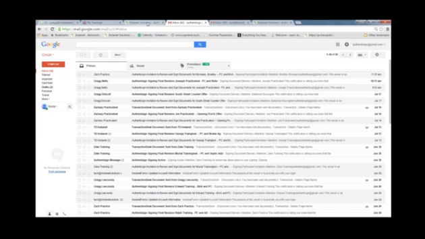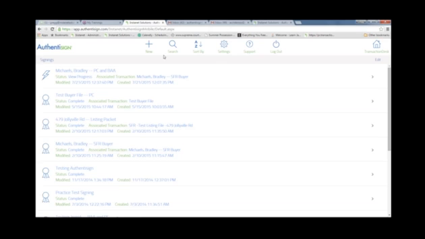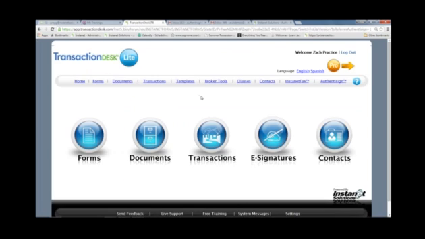I'm going to go back to the AuthentiSign dashboard. And just so I don't get logged out, upper third of the screen, right-hand corner, Transactions desk. I can go back to my Transaction Desk homepage, because maybe I got the email notifications notifying me that everybody's completed. Clicking on e-signatures,